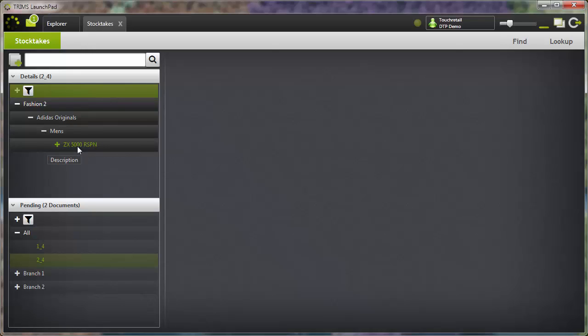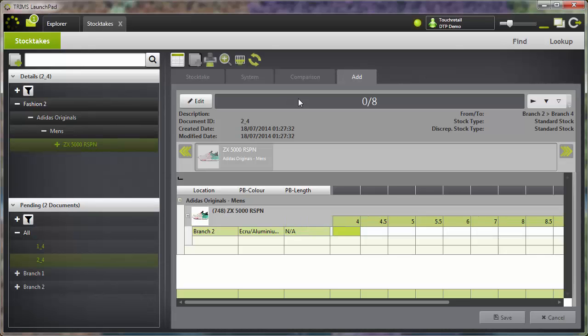So I could actually manually do the stock take. I could click on this product here, brings up the stock take, I have my tabs across the top. Stock take is what I've actually scanned, system is what the system thinks I have, comparison is the differences between what I've actually scanned and what the system thinks I have. If I wanted to manually put these in on the add tab, I can just type in the quantities that I've counted and save it, and then build the stock take up that way. But for this demonstration, I'm going to use the HHT to scan the items and upload them, which will automatically